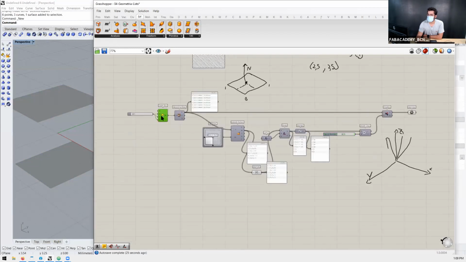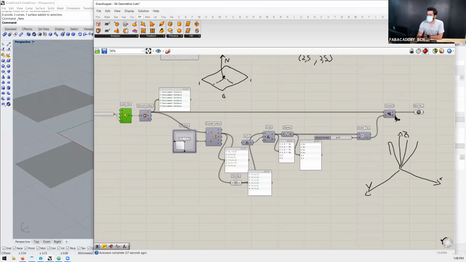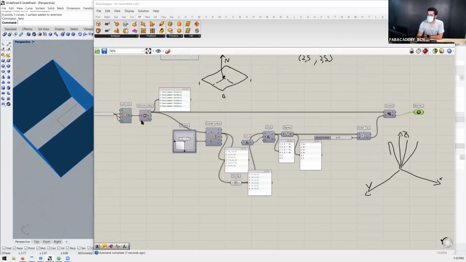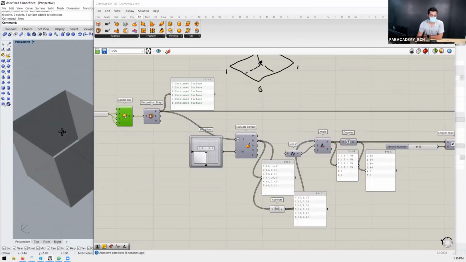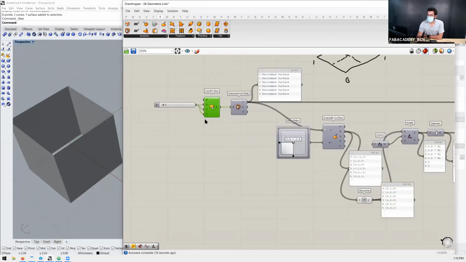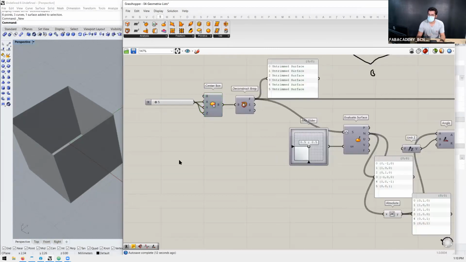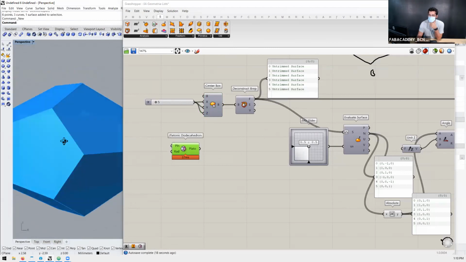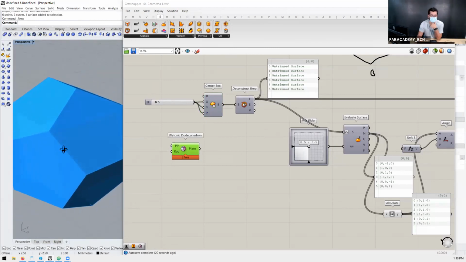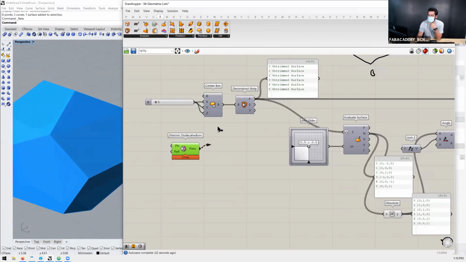Why? Because this geometry works right now. I'm just changing to select the other ones, these ones. This right now is a box. What happens if the box is tilted? Or is not a box? What if instead of a box it is a dodecahedron, for example? This is a dodecahedron. There is no face completely vertical, no? If we just change this,